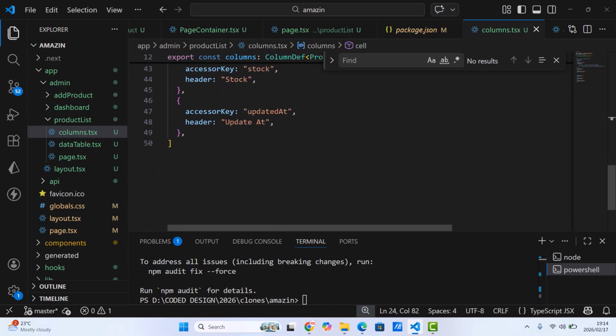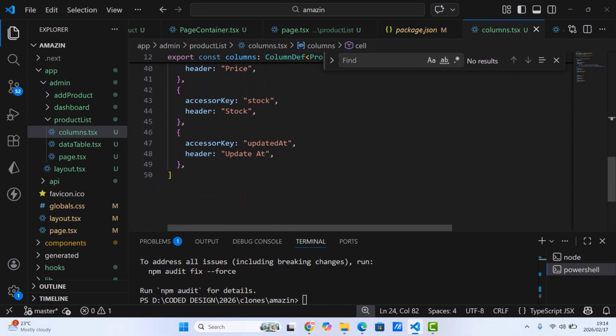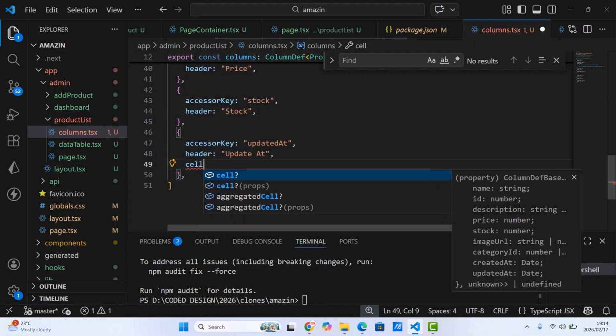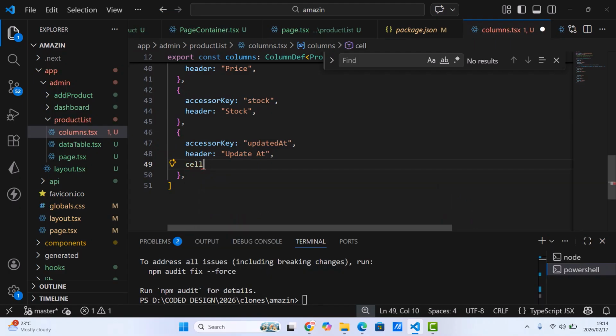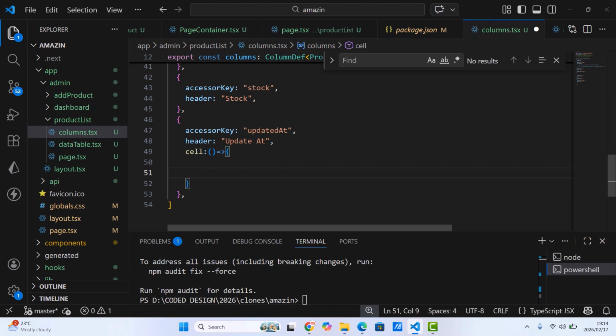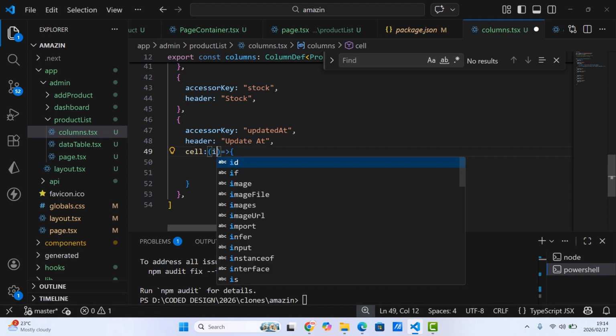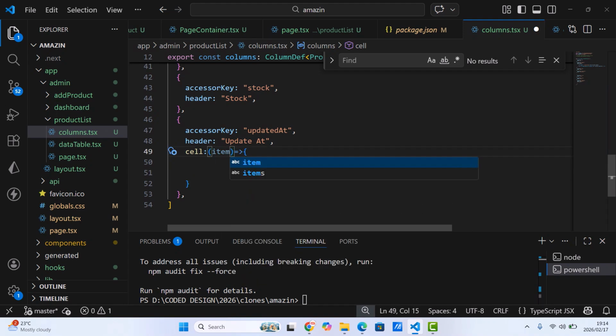Remember, I said I want to teach you something about this created at. We are going to do the same thing for this created at. We are going to get a cell here. My apologies about this. We're going to add a function here. Let's make it like React, because there are some things that we want to do. We are going to receive an item here, let's say,